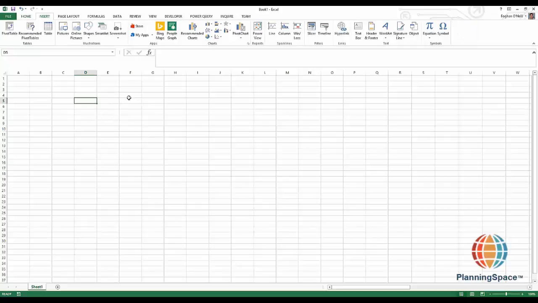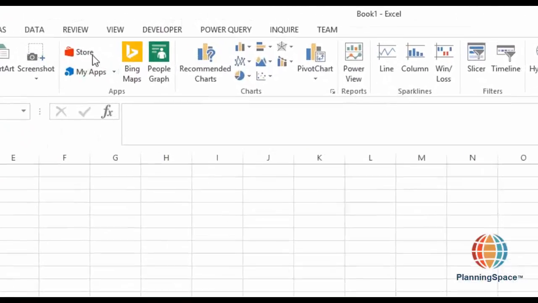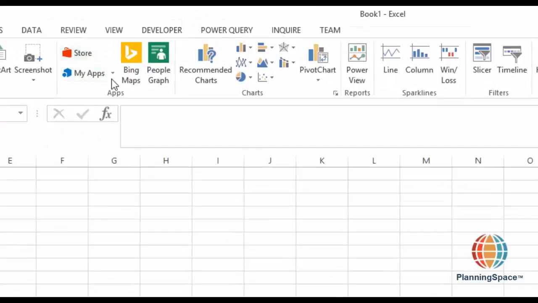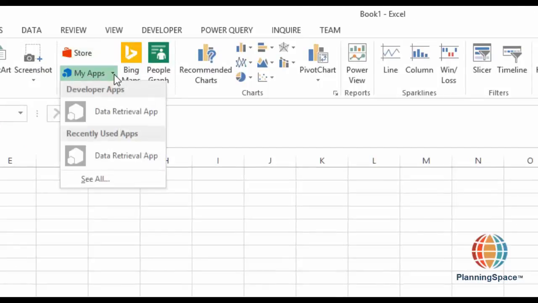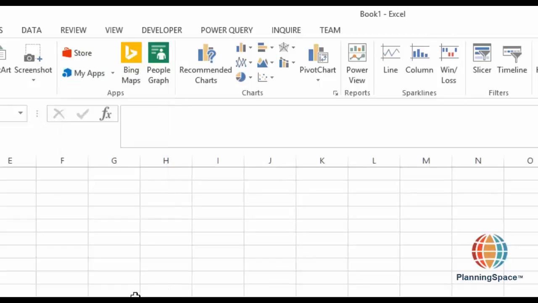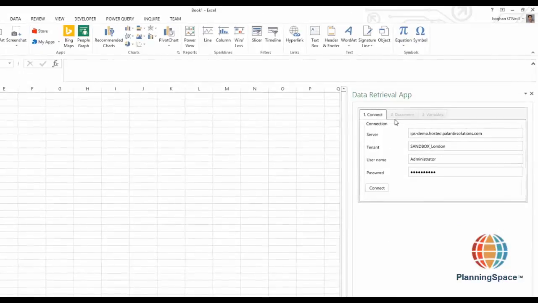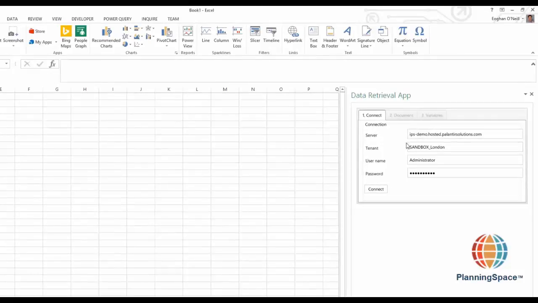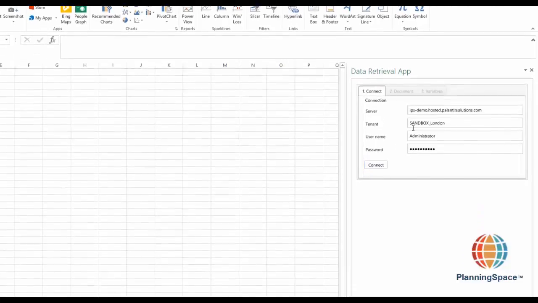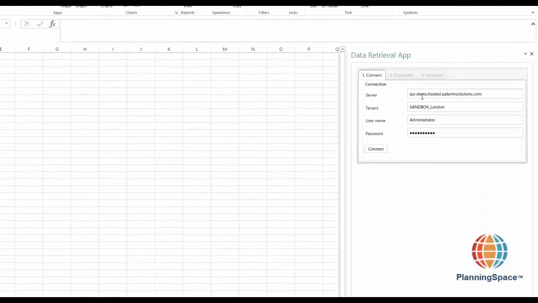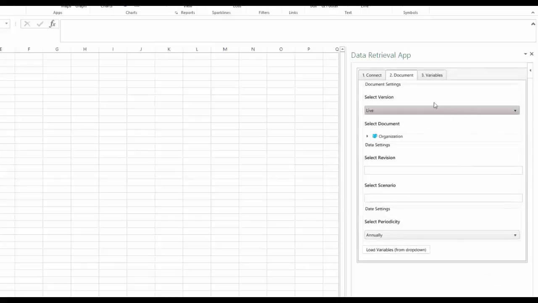The add-in is accessible right now via the Insert menu. There's this concept in the Office applications now, sort of like an app store. We've published one called the Data Retrieval app, and this appears in this pane on the right hand side of my Excel document. I need, of course, to validate my credentials with PlanningSpace. Here it's just remembering my entries from last time, so I say which system I want to connect to,